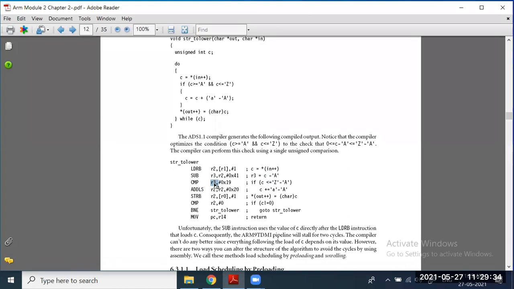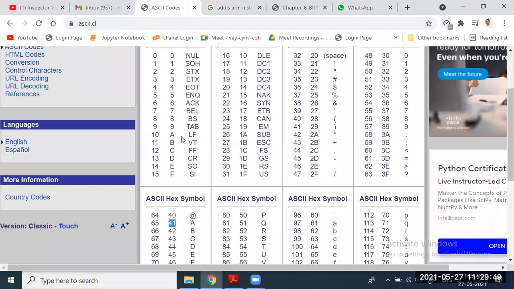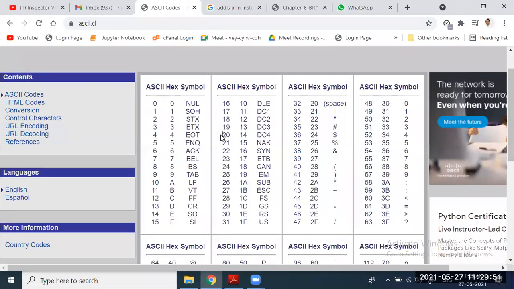If this value R3 is within this range, in that case, what are we going to do? We are going to add 20 to that. What is this 20? 20 ಏನದು? See here, what is the ASCII value of this 20?